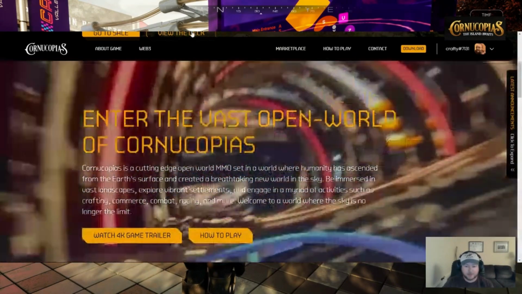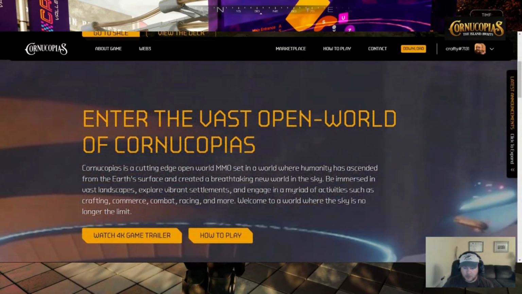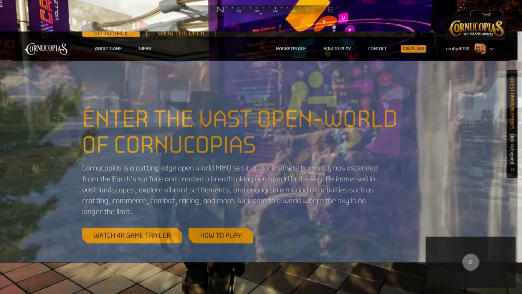Let's see if we can do that, Crafty. Yeah, let's see if we can share. I don't want to see the downloads. I want to see the document. Well, maybe I can't share it. But anyway, if you go into the document yourself,